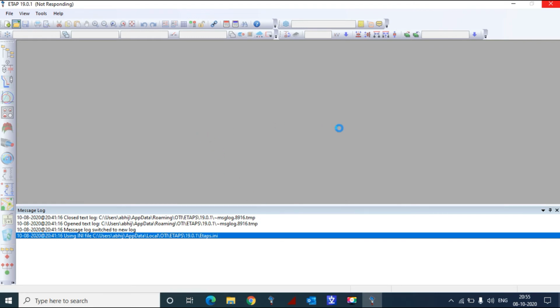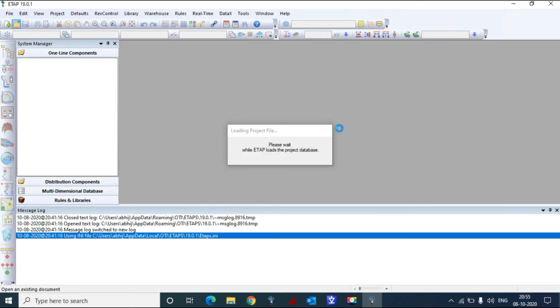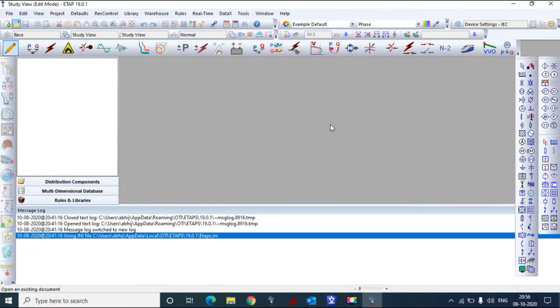You will need to wait because the software is very huge in terms of memory. Most of the time the laptop will crash if the memory is not fully available in the E drive or in the C drive basically. And sometimes it gets some errors also. So we'll just wait for it to open.